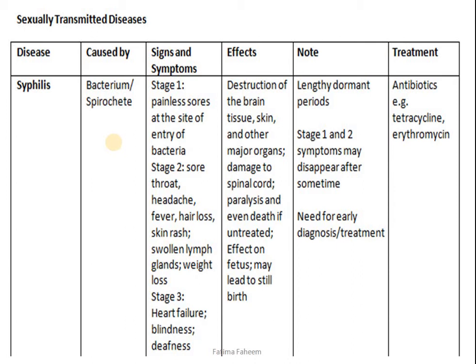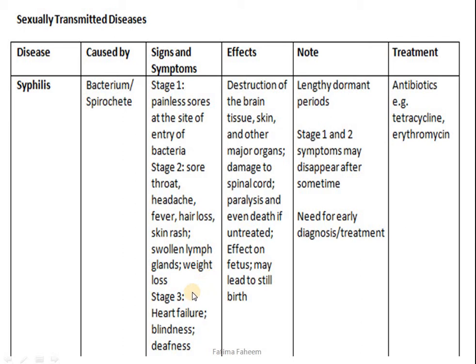So these are the sexually transmitted diseases now. The first one that we have to read is syphilis, which is caused by the bacterium spirochete. It has 3 stages. Stage 1 symptoms include painless sores at the site of entry of the bacteria. Stage 2 includes sore throat, headaches, fever, hair loss, skin rash, swollen lymph glands, weight loss, while stage 3 is